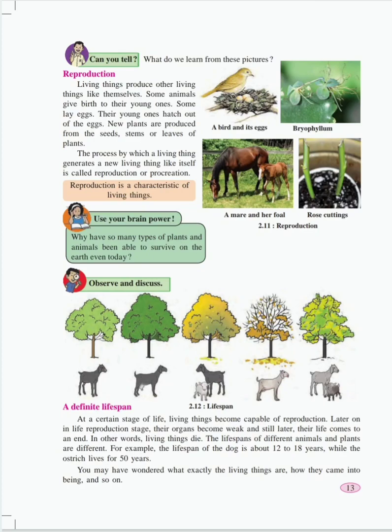All living organisms require some age to grow and be capable of reproduction. Later, they start reproducing new living organisms of their own kind. But it does not mean that it will keep on reproducing every new year. Until a certain period of time it will reproduce, and then it will stop reproducing. After that it will die. So every organism has a certain number of years to live. That is the definite lifespan.